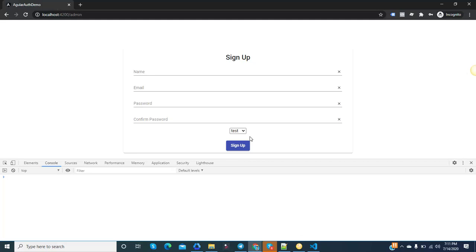But if the requirement is only to restrict the user by making this select box read only, then you will face some challenges. You will find that the read only will not work in this case. So how do we make it so that no one can change any value, and make it read only? So let's try to do that.